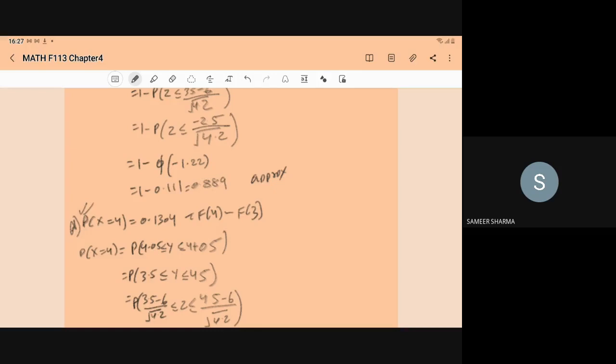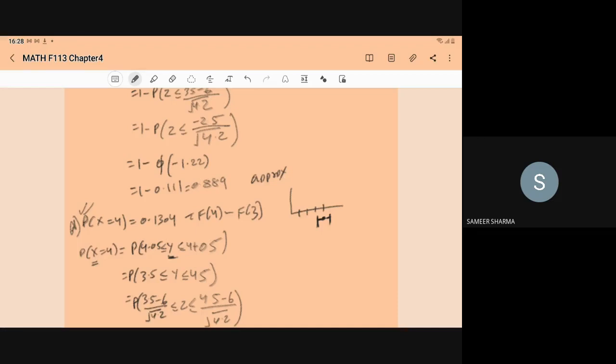So when we have 1, 2, 3, 4, at this point we have to compute the probability. So what we will do, we subtract the half unit, we add the half unit, right? And we make it a continuous interval. So probability of x equal to 4 can be approximated by the normal variate y. Here the discrete variable x can be approximated by the continuous by adding and subtracting 0.5. So 4 minus 0.5 and 4 plus 0.5. So y between 3.5 and 4.5.